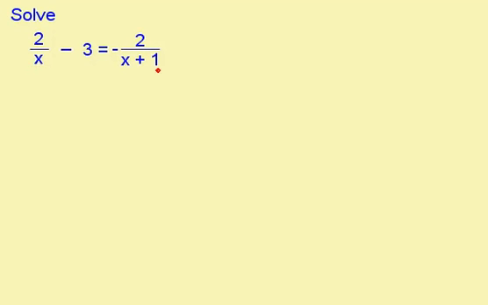This question is very similar to the last one, but to begin we need to rearrange this so that we have all the x's on one side. We're going to do this using float and ping. So, first of all, we're going to float and ping the minus 3 this way, and then we're going to float and ping the minus 2 over x plus 1 this way. This will become